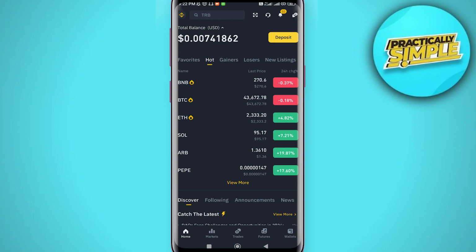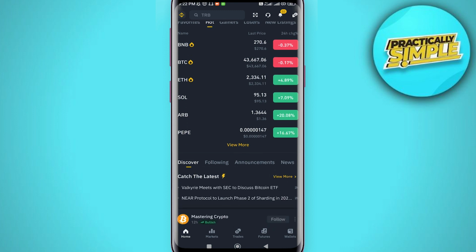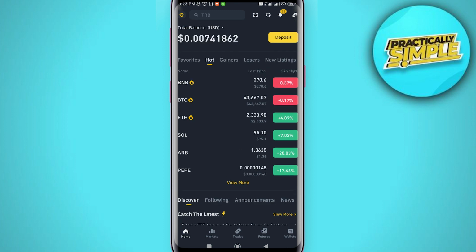So the first one is by visiting the mobile app and screen, and then you will have to tap forgot password underneath the password field. After that you have to enter the email address and then tap submit, and then you will be taken to the email code verification screen. Then locate the email that they have sent you and copy the verification code in the email and paste it in the box on the email code